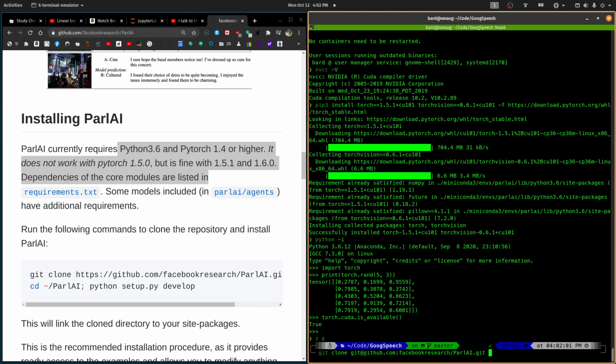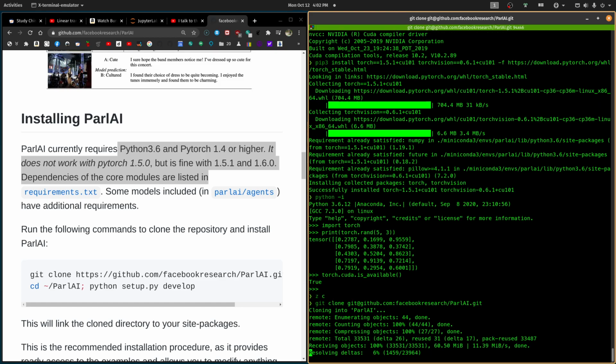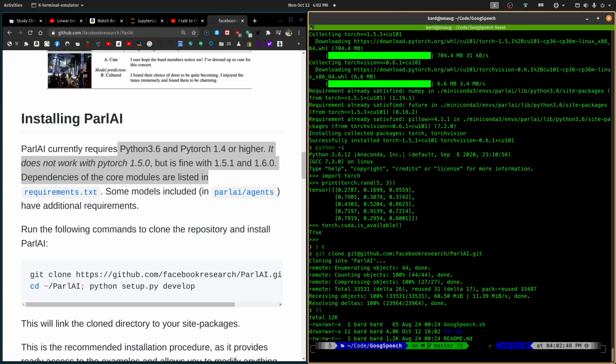Git clone git@github.com/facebookresearch/ParlAI.git. And so this is going to clone this rather large repository. Oh, not so large.